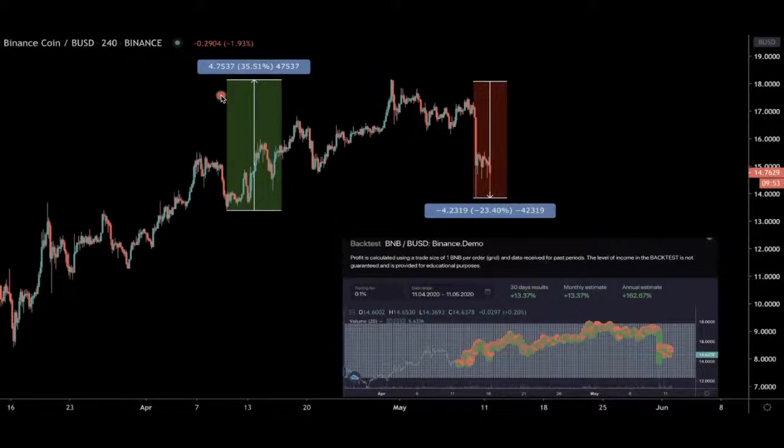And another example is BNB trading to BUSD, same period, but you see that the bot profit is significantly lower. That's only plus 13%. The upside potential was 35% from that point up to the highest high, and the risk was 23%. So